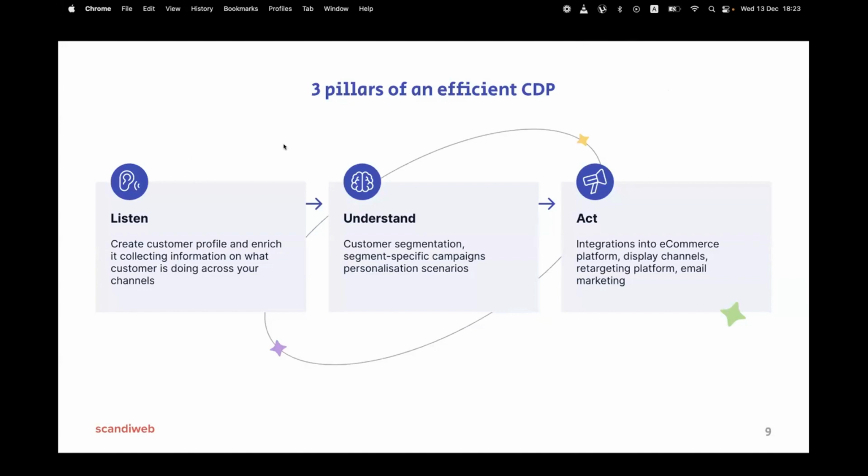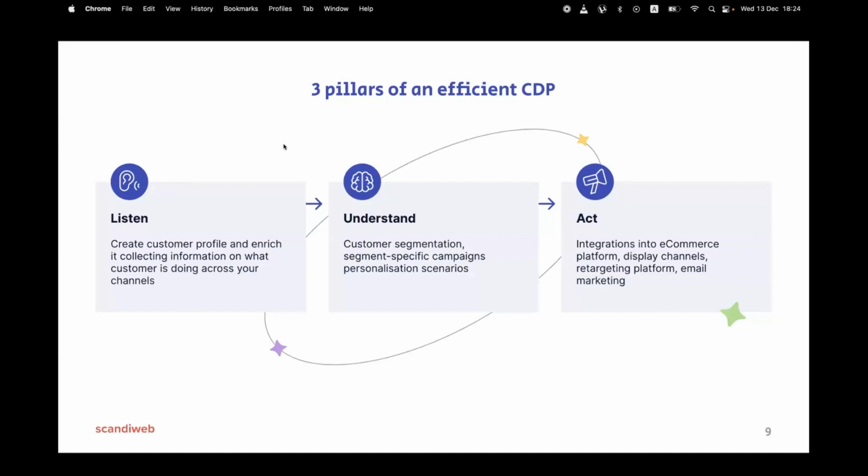What is listen in the context of CDP? It is having tools to collect, let's say, to have an ear, which in this case could be a data layer, an ear that listens to what the customer is doing, where the customer is clicking, what campaigns the customer is engaging with, what link the customer clicked in a newsletter, not just opened the newsletter, but clicked on a particular product.